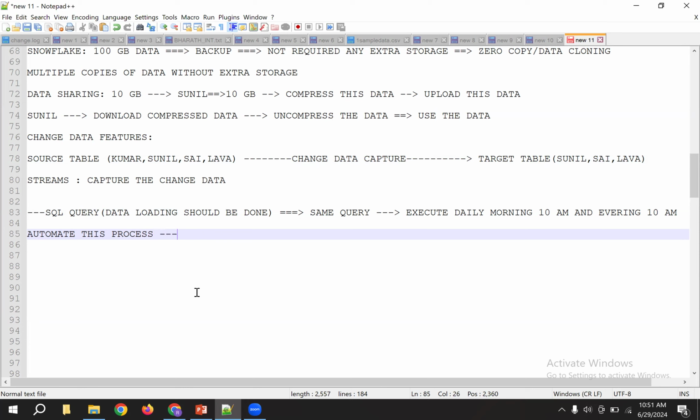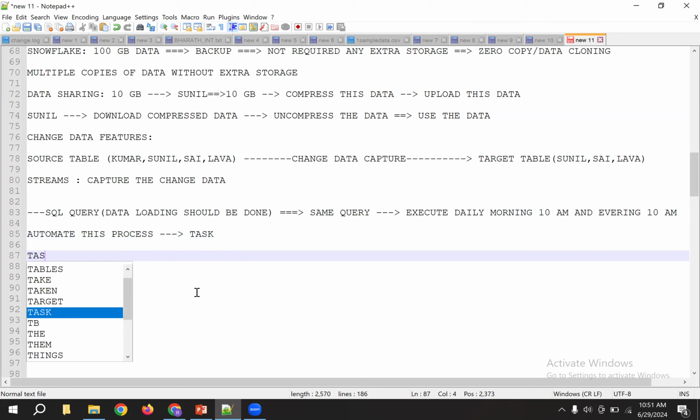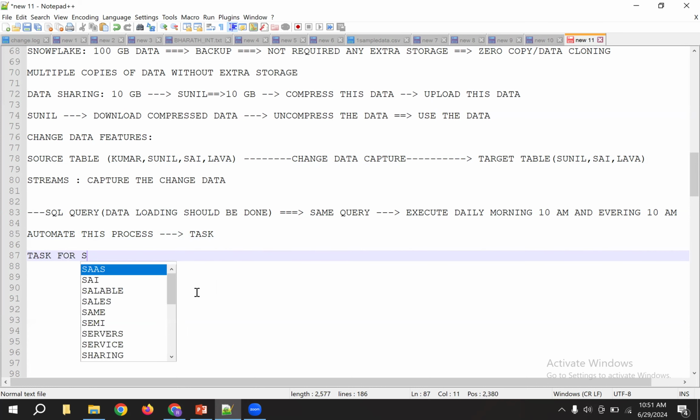For this, I can use something like a task. Task is for scheduling in Snowflake. We can use the task for scheduling purposes. I can schedule this scenario.